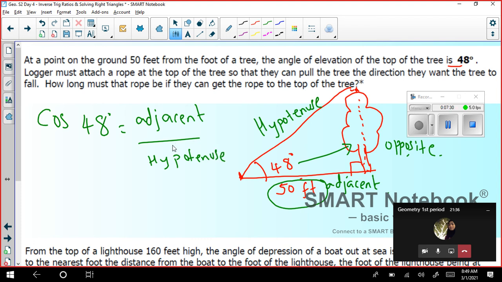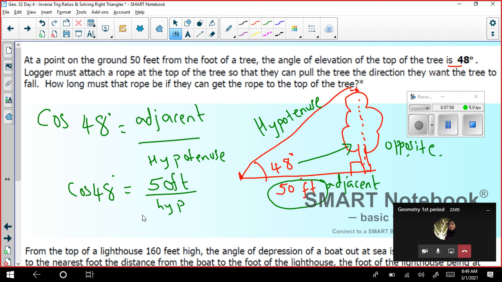Okay. The next step is to substitute whatever was the adjacent value. Adjacent was 50 feet. I don't have the hypotenuse, so just leave it as HYP. Cos 48. Do not simplify here because you will get a rounding error, and so many of you are having trouble, and that's why I have to give this extra tip. Do not round here itself.